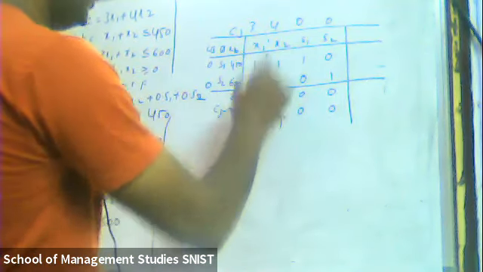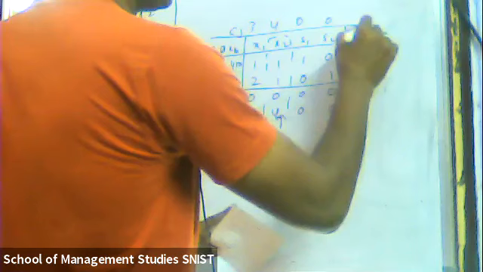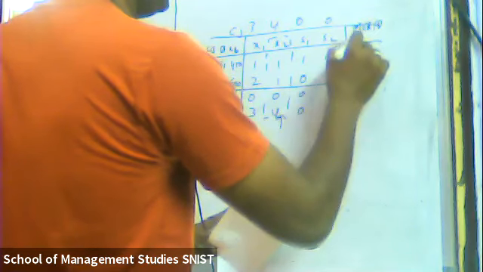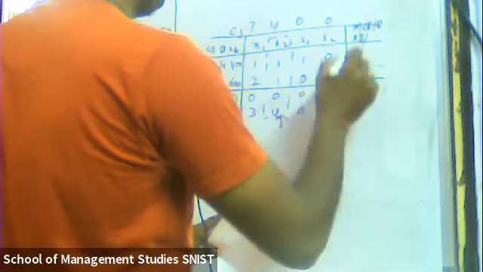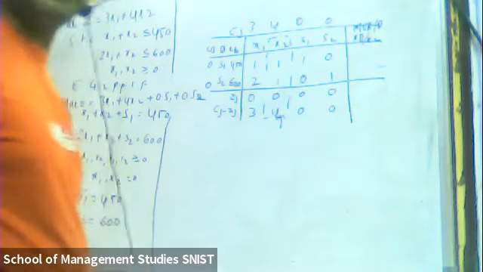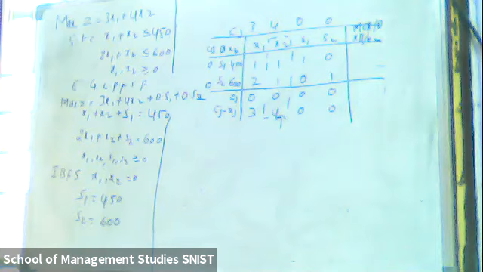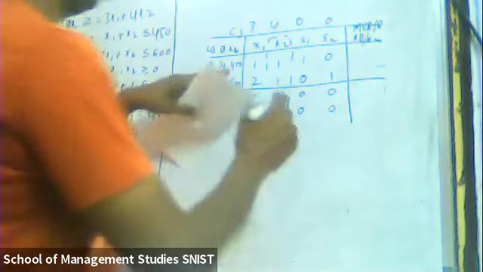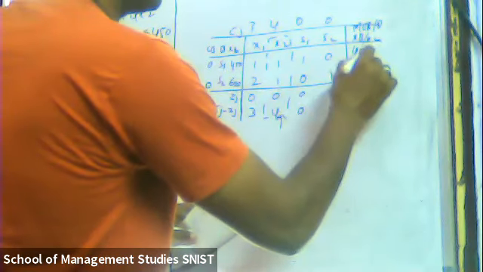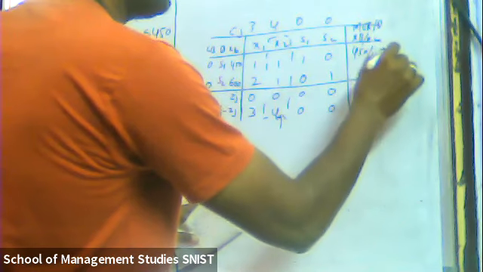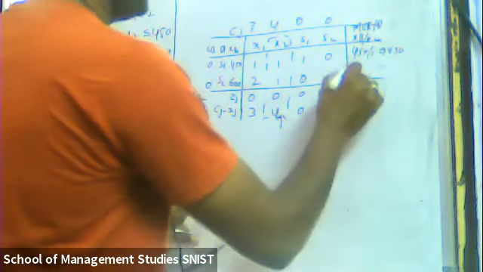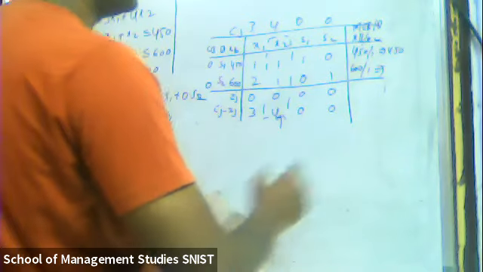So to find the minimum exchange ratio, or theta, XB divided by X2. 450 divided by 1 becomes 450. 600 divided by 1 becomes